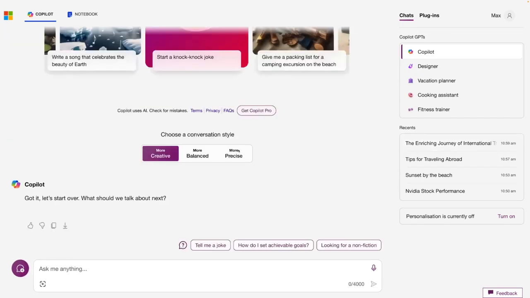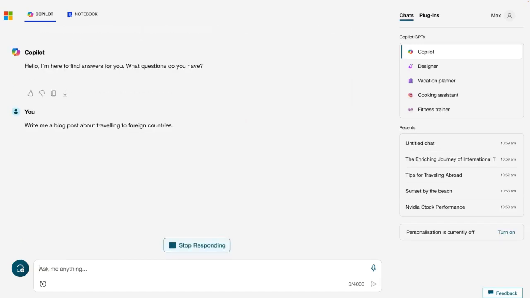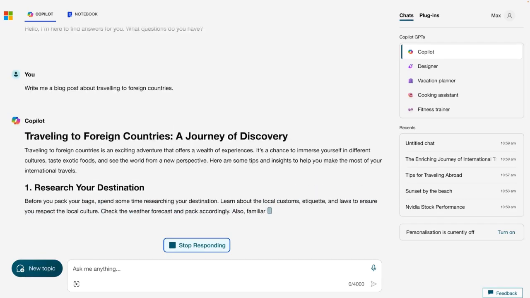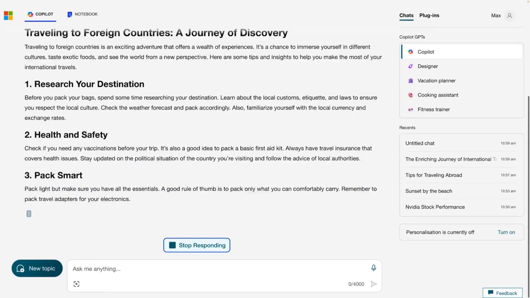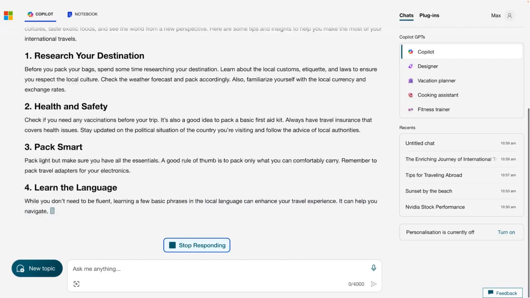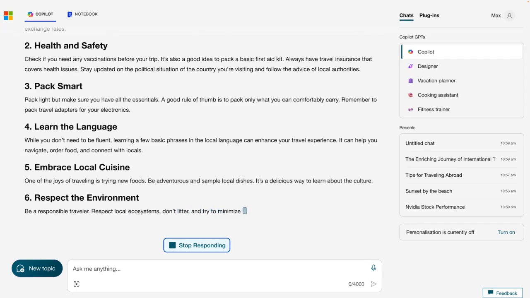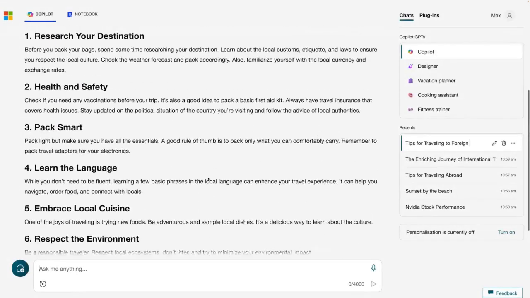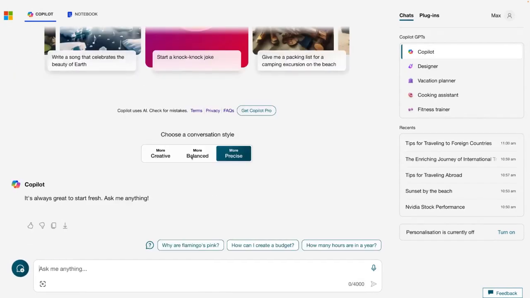Now, last but not least, we can also try the more precise mode, and it hopefully won't be too surprising that here it won't be that great of a blog post. Instead, it will really focus on giving us some core information without too much fluff, which also actually could be a nice blog post, but I guess you get my point. It'll really focus on the facts here in this mode. So that's the result I got here. And therefore, these different modes might be worth playing around with,